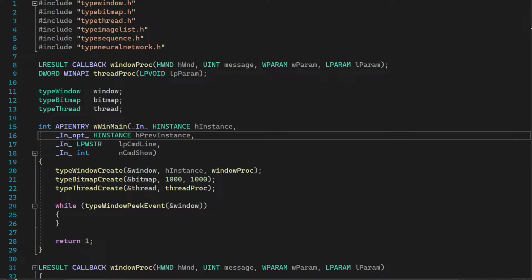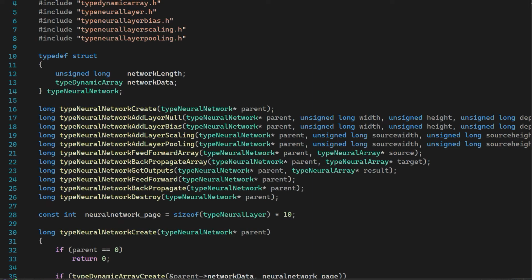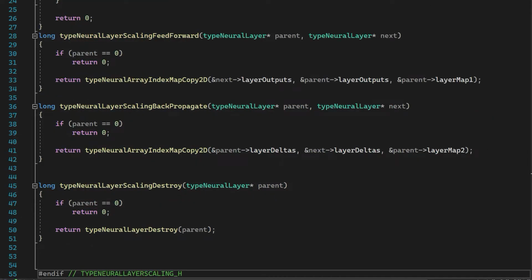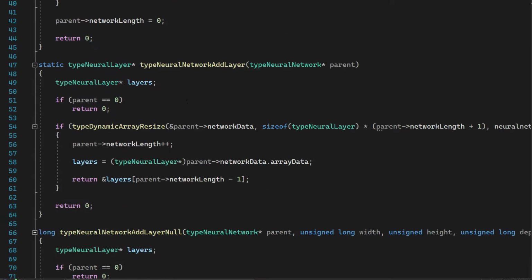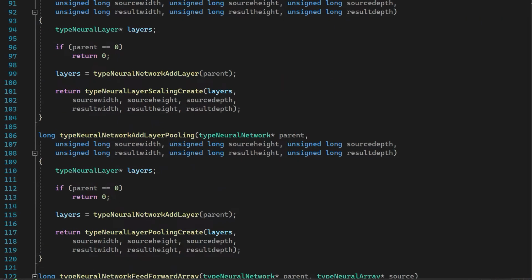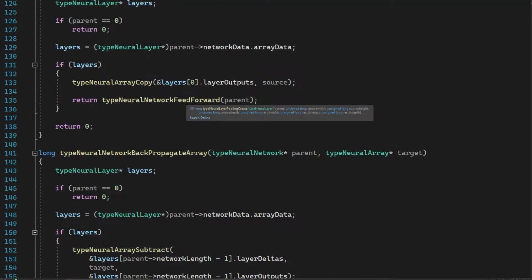We're back here. I was doing something before. That neural network. Nope. We're adding something. No scaling. No, we are adding something in neural network. Neural network add layer null. Okay, add layer pooling. Add layer